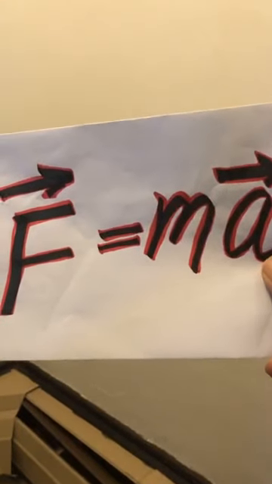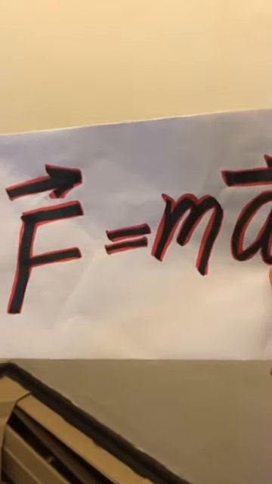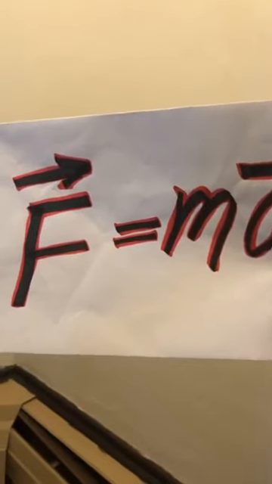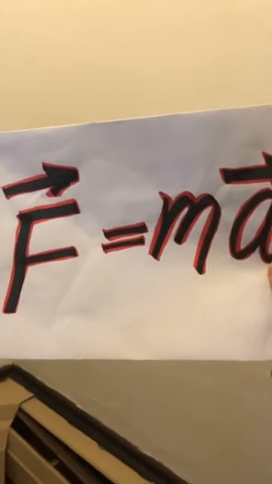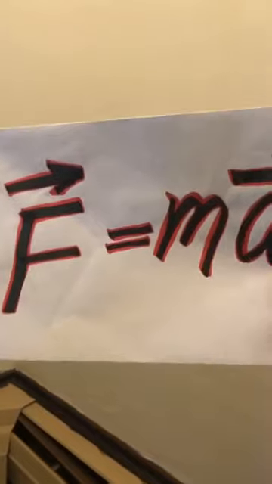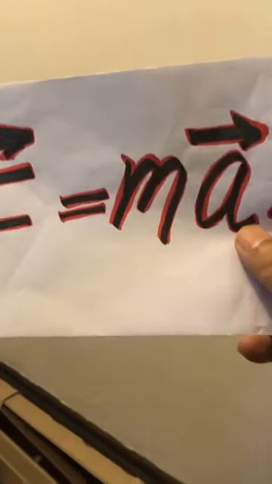So there is a remaining quantity which is mass, m, that is a scalar quantity. So for example, some kilograms, 5 kilograms or 10 kilograms, or if you consider your mass, maybe 40 kilograms. For example, if you ask me how much is my mass, maybe 70 kilograms, right? So F equal to ma.